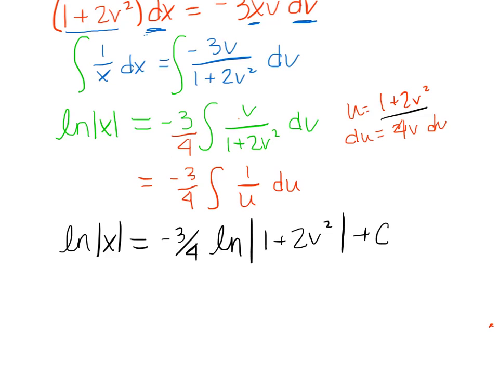Because we're taking the natural log of everything else, we can go ahead and take the natural log of c as well, because it's some constant. So now we know that we want to get rid of any fractions, and to do that we will multiply everything by 4. So that's going to give us 4 times the natural log of the absolute value of x is equal to a negative 3 times the natural log of the absolute value of 1 plus 2v squared plus